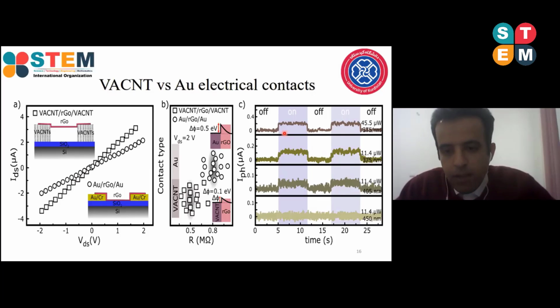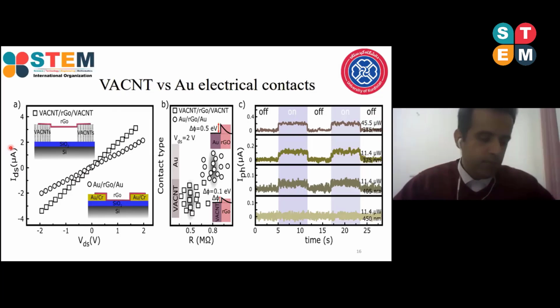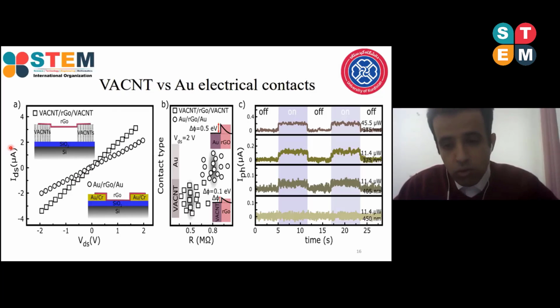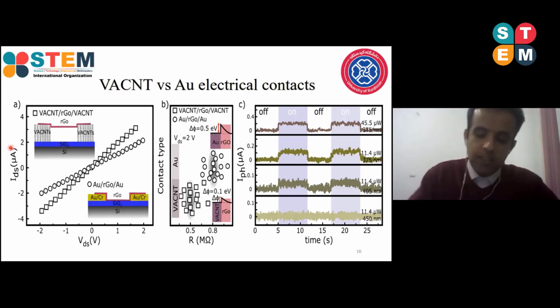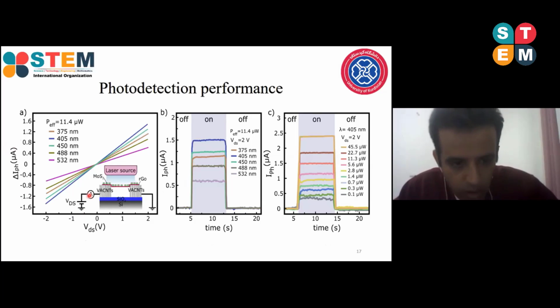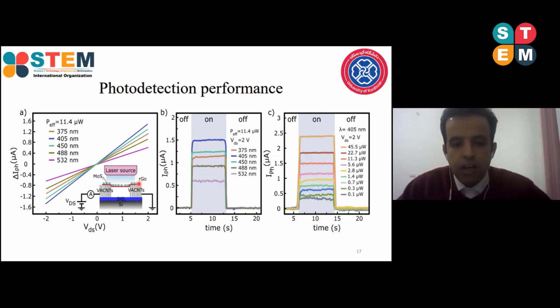Before adding molybdenum disulfide, we tested the optical response of the sensor, and we found a poor optical response for the graphene and the vertical carbon nanotube, even at high optical power intensity. In order to improve it, we added a molybdenum disulfide layer. As you can see in the schematic of the sensor, we drop cast molybdenum disulfide on the RGO layer,